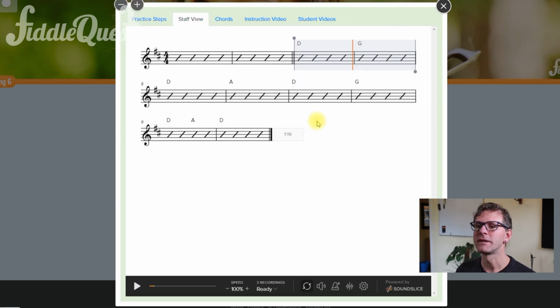So here, the students can then go in and highlight things by clicking down here, and that's a little looper, and then they can just grab the handles and move it as much as they want. This is the tool that students of all ages will use throughout FiddleQuest. It becomes probably the most useful of the home practice tools,